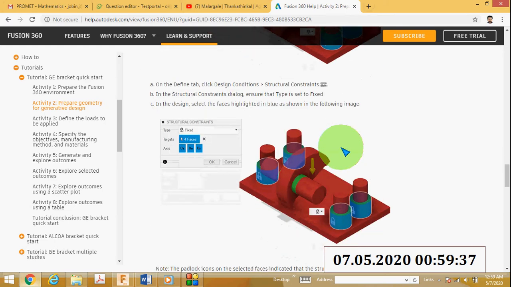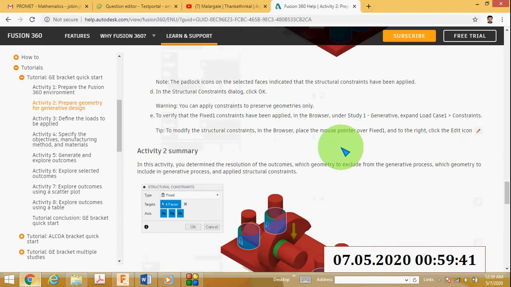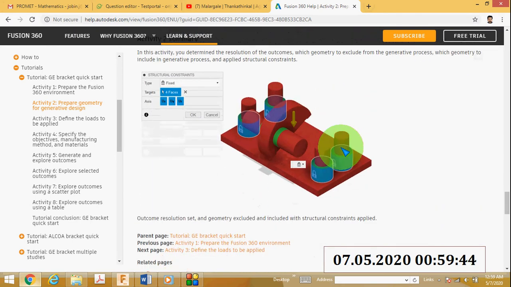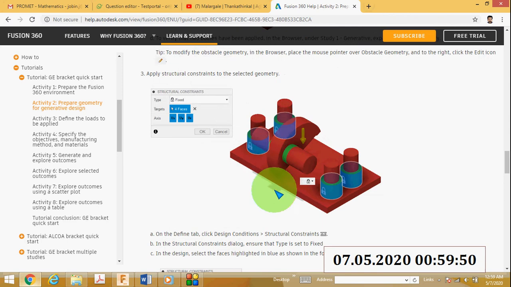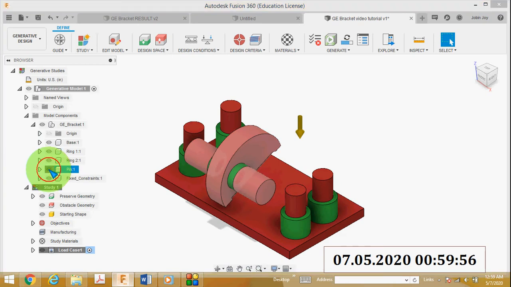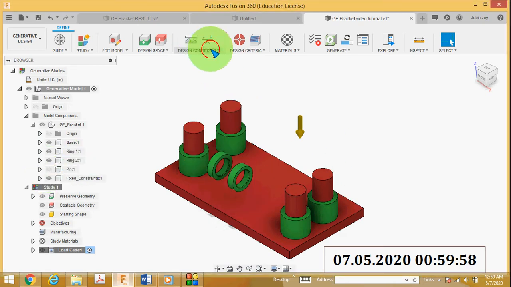Then next you have to apply structural constraints. Go to Fusion 360, then design conditions, structural constraints.